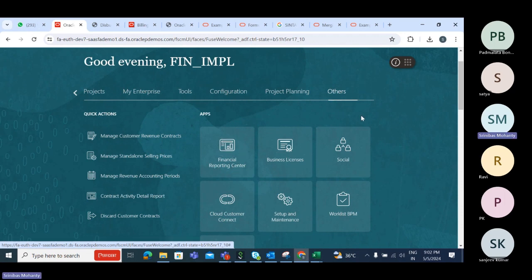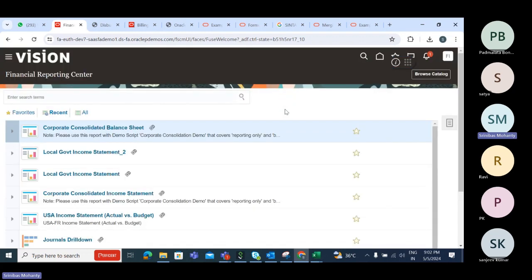Here the navigation is different. Earlier we used to go to Tools and Reports and Analytics, but this is purely a balance report and confined to the GL module, because whatever balances you need, you will be able to find in GL only. So under Financial Reporting Center, we have